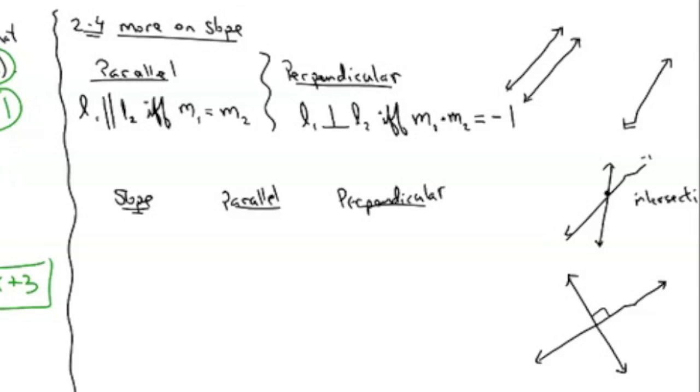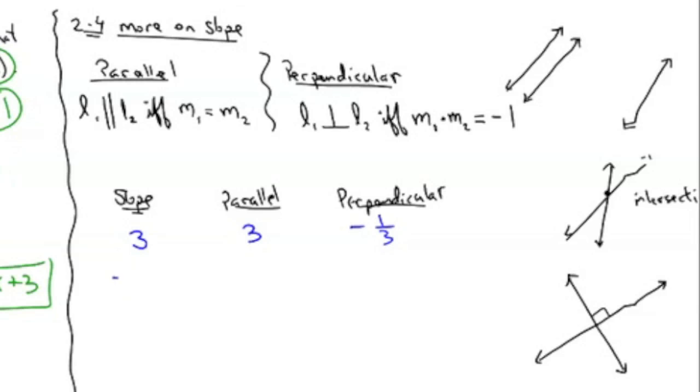So, slope. I have a slope of a line that is 3. What would be the slope of a line that is parallel to my original line who has a slope of 3? 3. Because parallel slopes have to be exactly the same. What would be the slope of a perpendicular line to my original slope line of 3? Negative 1/3. Because 3 times negative 1/3 is negative 1. You can also think of it as negative reciprocals, but weird things happen.